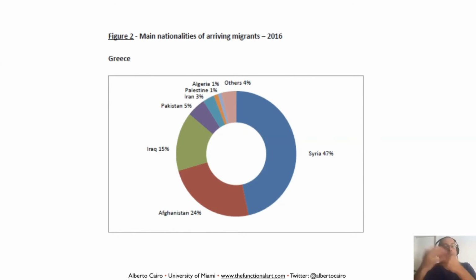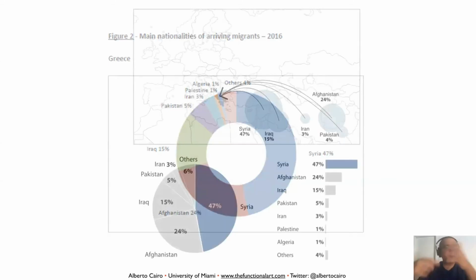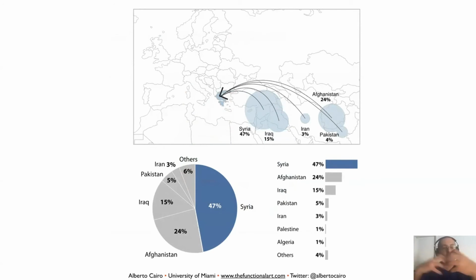And what if the purpose of the graphic is to show whether there is a geographic pattern of association between the proximity of these countries to Greece and the percentage of people who come from those countries to Greece? In that case, you will need a map, right? So for each one of these purposes, there may be 2 or 3 different ways to encode your data, or to represent your numbers. And none of them are good or bad.